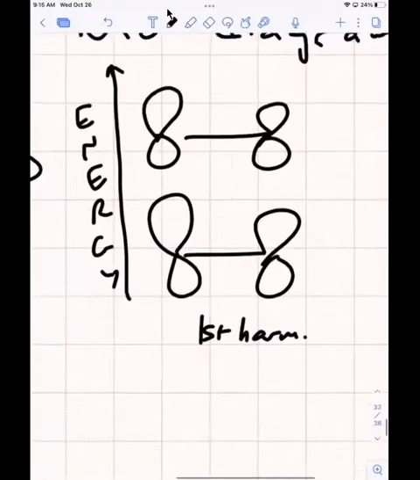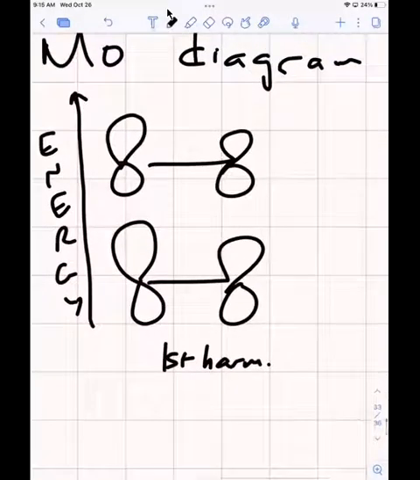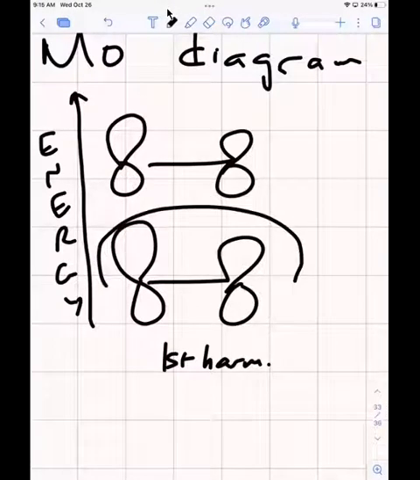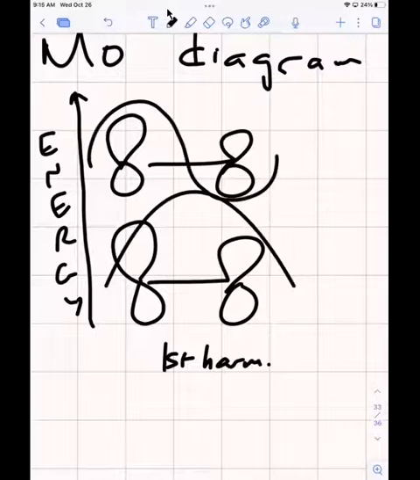So down here, you don't expect anything different, right? The same concept. First harmonic, the wave is not going to pass through zero. Second harmonic, the wave is going to pass through zero once. All right, now let's think about that in terms of